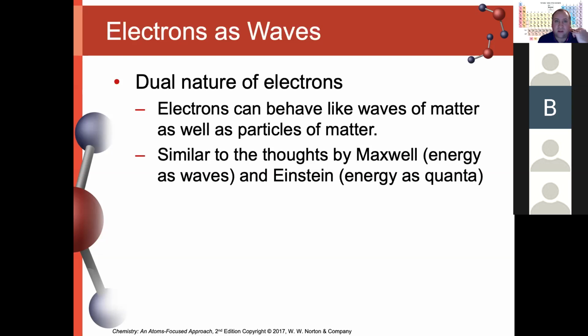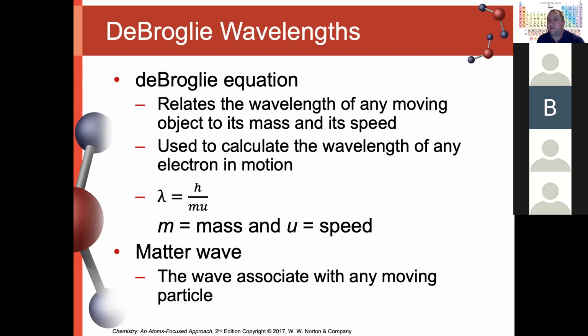And the person that we really associate with this phenomenon and explaining the phenomenon is a French physicist by the name of Louis de Broglie. Louis de Broglie does a little bit of algebraic manipulation and determines that the wavelength of any electron that is in motion is equal to Planck's constant divided by its mass times its speed. And so this wavelength, which is known as a matter wave,